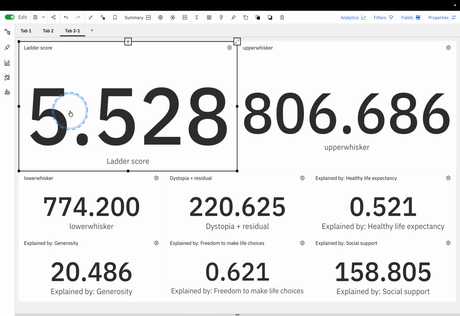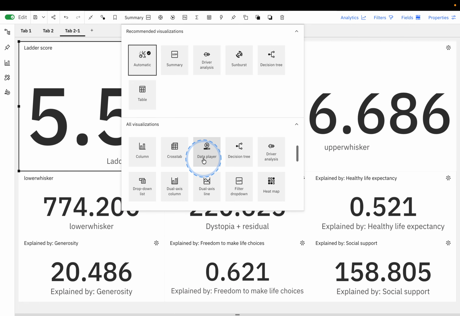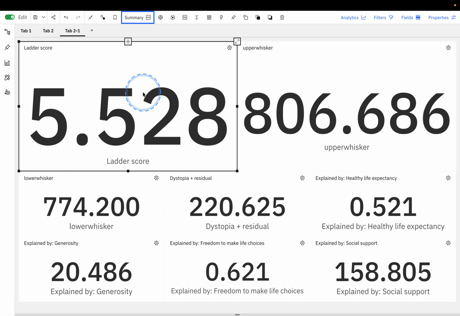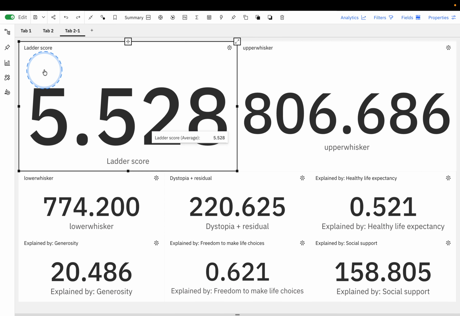So now let's change it from summary to without a country. Let's see what it will look like. Table. So do that. Let's now bring in countries.